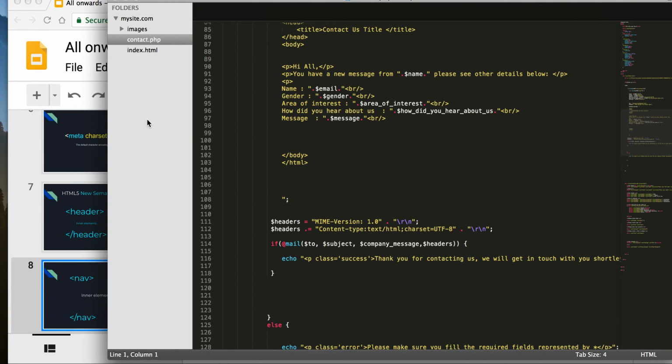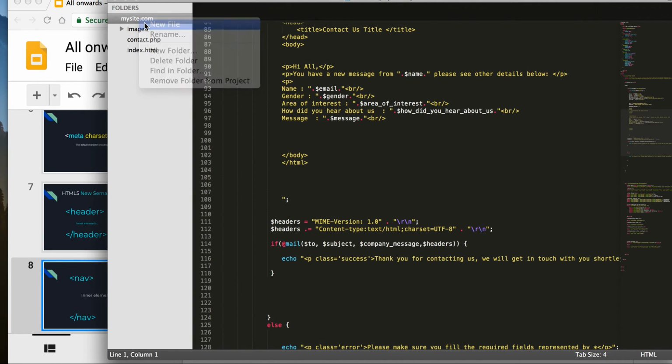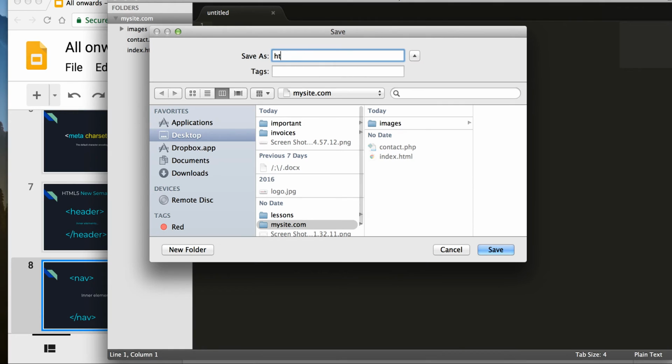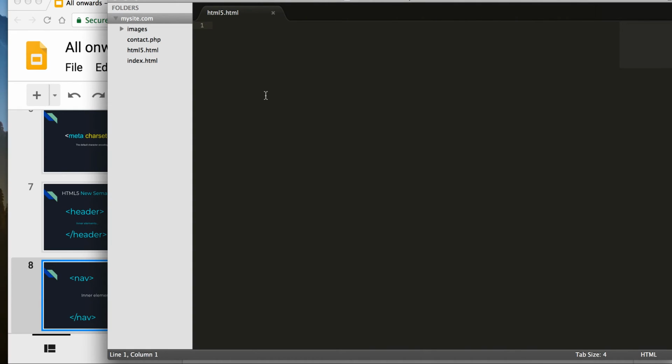But anyway, today our topic is HTML5. I'll create a normal HTML page, because I'm not going into the PHP side. We will come back to PHP later. So if I create a new page and call it, for example, HTML5.html, and save that,